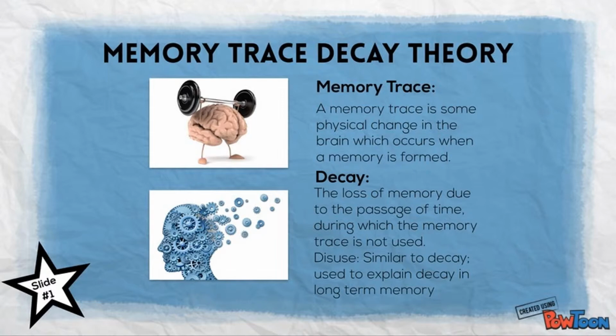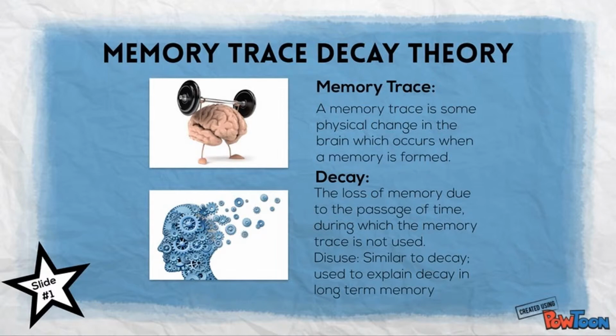Think of this like a closet. When you add things to your closet, it is taking up real physical room. Well, what happens if you put a pair of shoes way back in the back end of the closet? If you start putting other things in front of those shoes, eventually you can't reach or see those shoes anymore. This is sort of what decay is like. Decay is the loss of memory due to the passage of time when you aren't using that memory. You may have used those shoes every day when you were younger, but eventually they end up in the back of the closet. What about long-term memories?